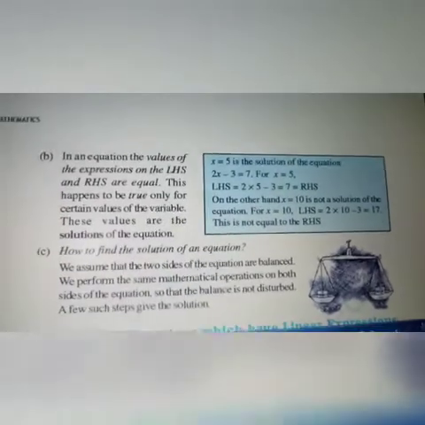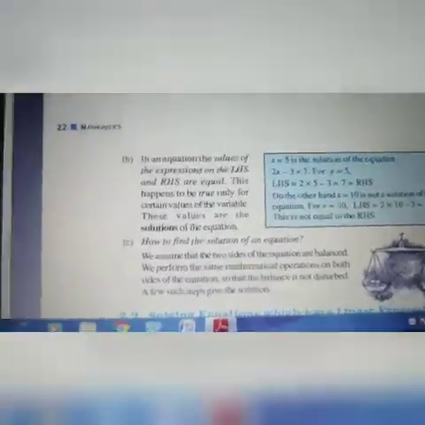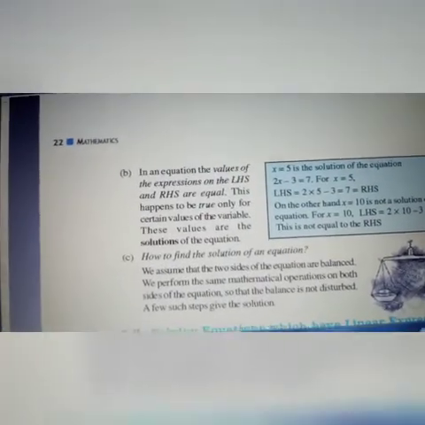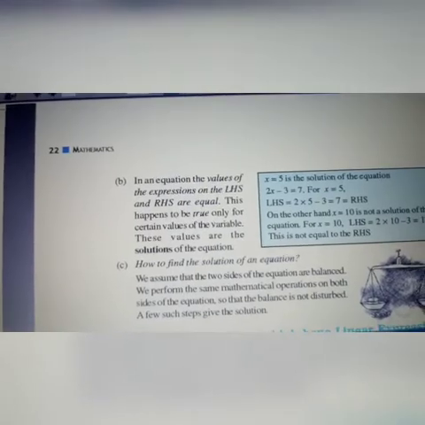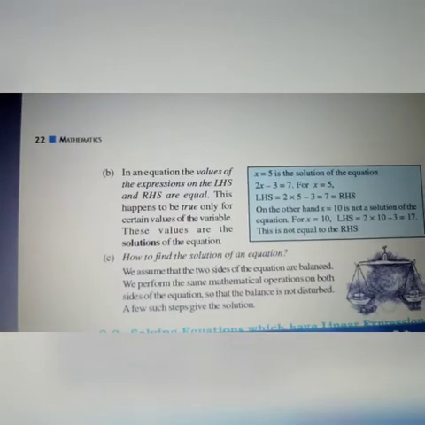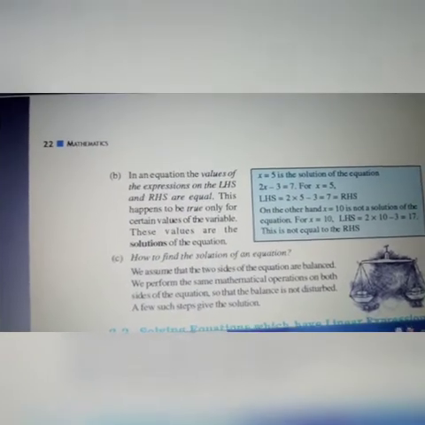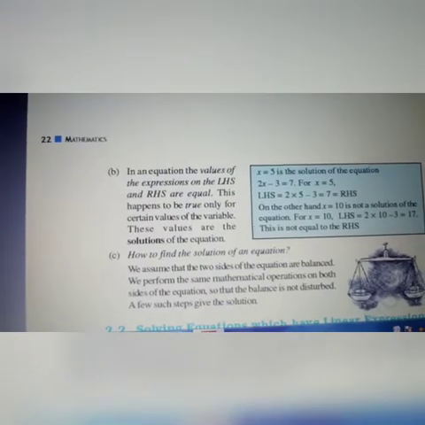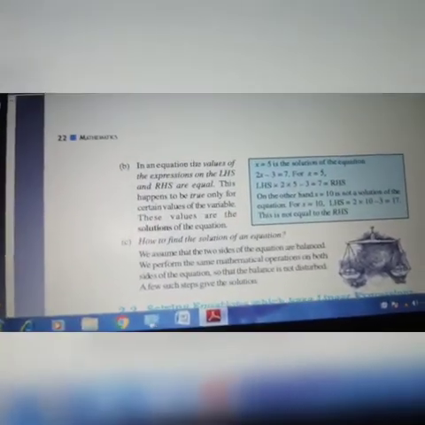Then next comes your, what is the next B point? If LHS and RHS are equal, then we will get the value for x, no? Then that is the solution of the equation. Usually we will do the same, right? If I give you an equation to solve, we will solve and find the value of x. We will say that as solution only when LHS and RHS are equal, right? Only when both RHS and LHS are equal, we will say that x value is the solution. So that is what is given in your B subdivision.